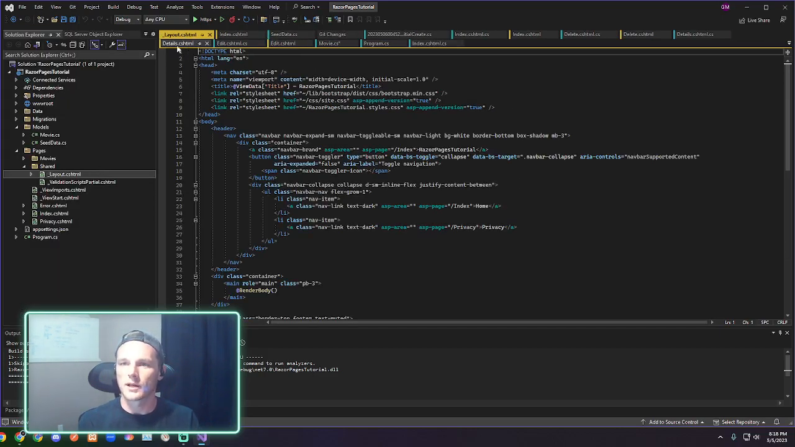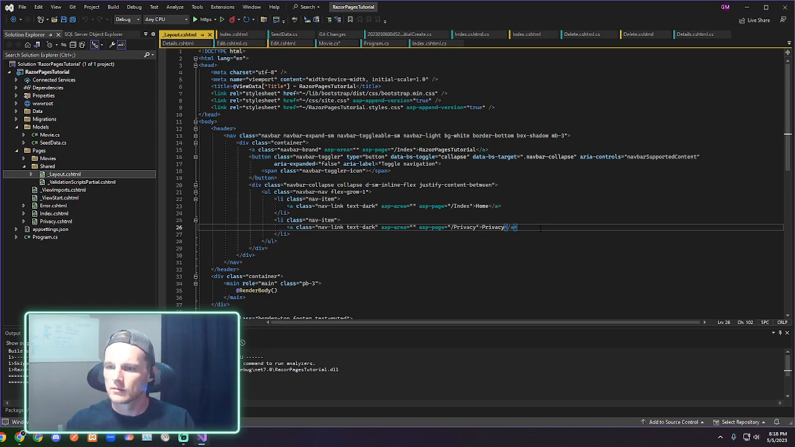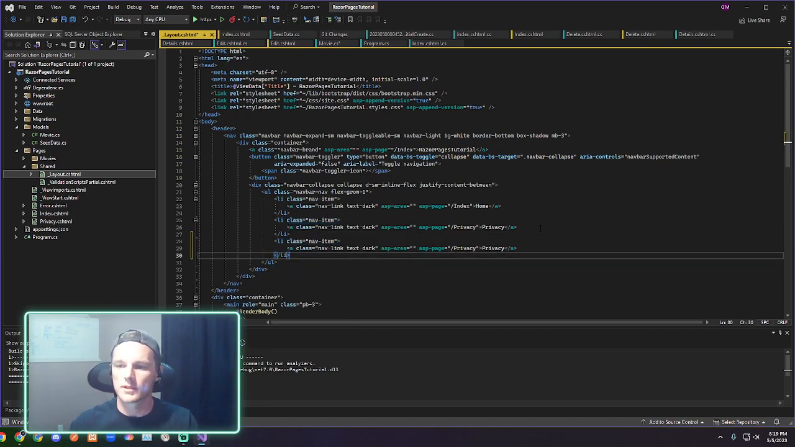Okay, so in our layout dot cshtml. Wow, that's a mouthful. Look, we've got our links here. So index, privacy, the Razor page tutorials, another link to index or home. Yeah, I just remembered that this isn't where we were going to start, but it is now. So just copy this bottom one here, escape down,